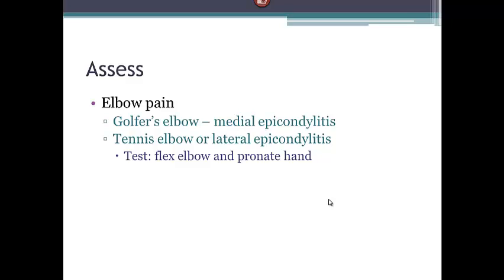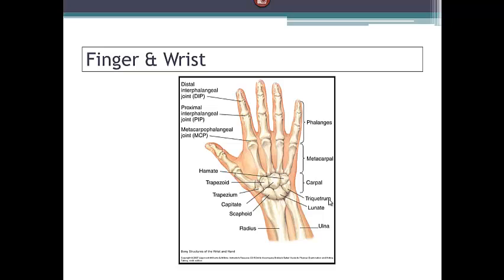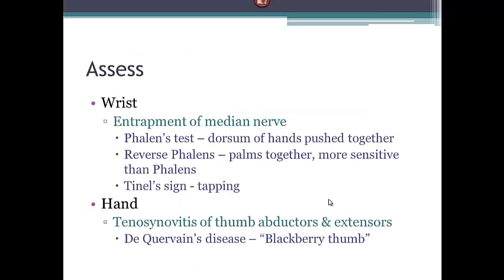Now, other types of disease process that you should assess are golfer's elbow, which is medial epicondylitis, and tennis elbow, which is lateral epicondylitis. Basically, the test for this is to flex the elbow and pronate the hand, and this could produce pain as well. Now let's talk about finger and wrist. Basically, you have to assess the patient for any type of carpal tunnel syndrome, which is compression of the median